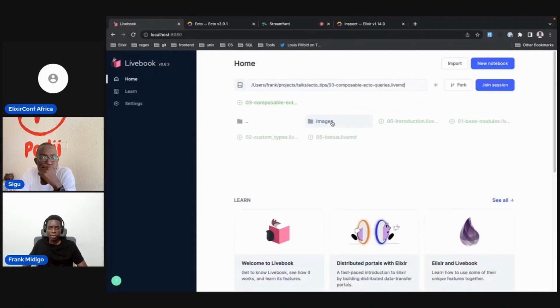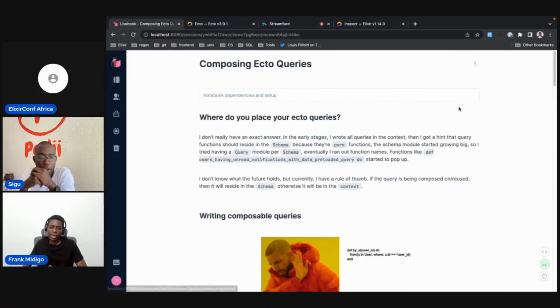The next one was about writing your composable queries. If you look at the journey that we've taken, we now have our one schema file, and we've reduced the boilerplate by defining our own custom type. So the next thing is about reusing again. It's all about reusing our queries. And I've journeyed and seen different ways in which people are doing it. When I began writing Elixir and using Ecto,